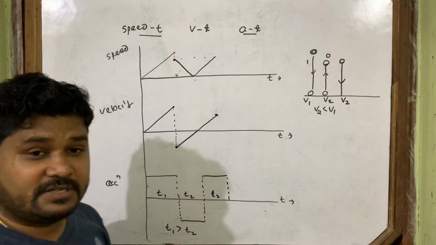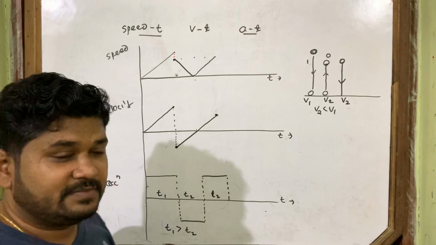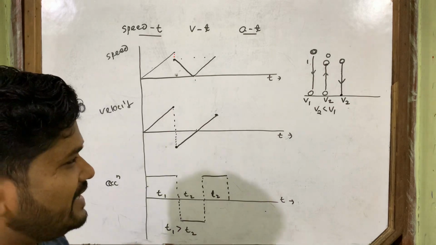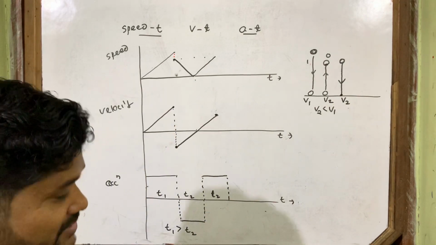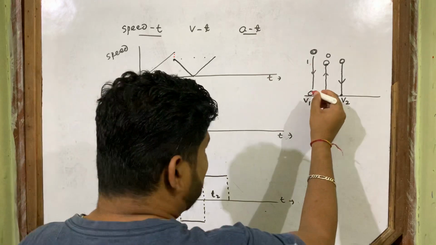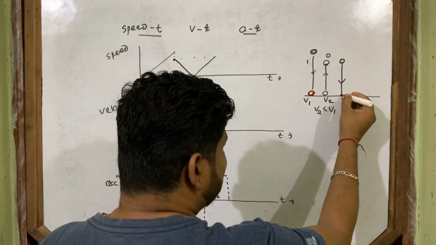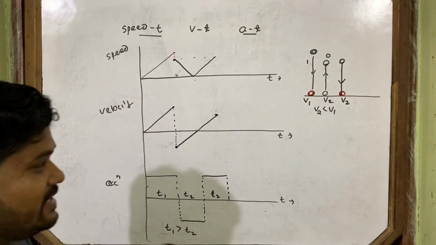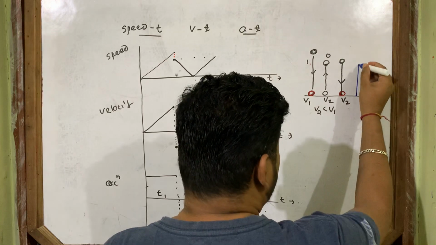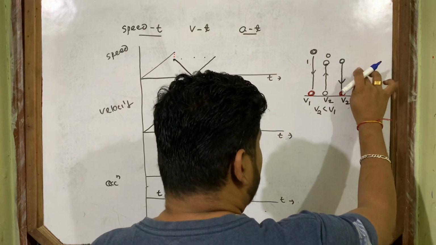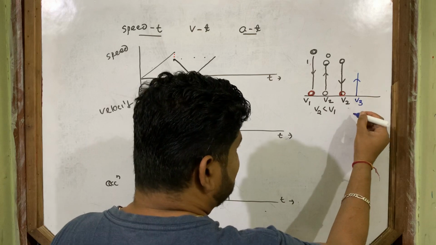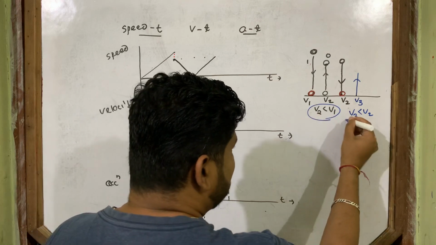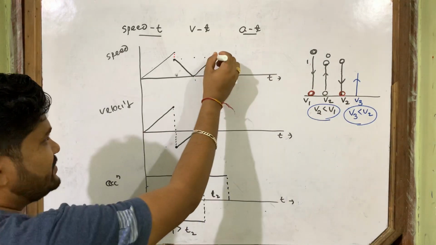After that, what happens now? You see. When it strikes here, it loses energy. Now at V2, it loses energy. So in which parts does it lose energy? I am showing you here. It loses energy here at this point. So when it loses energy at this point, when it goes off, it cannot go to that height. This is V3, where V3 is less than V2. Now speed decreases. So again speed decreases.